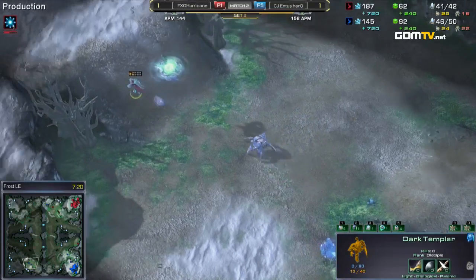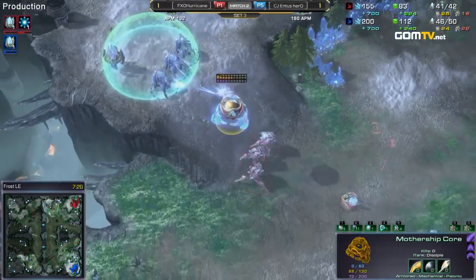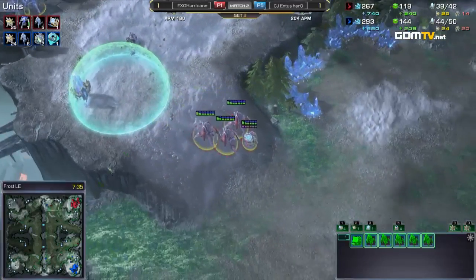You know, I think that's his second ability here. He actually just lets it go. Yeah, Mothership Core may go down here. Looks likely to. One more shot. He gets it. Boom. And there is already the pylon, but we have a lot of units for Hurricane also